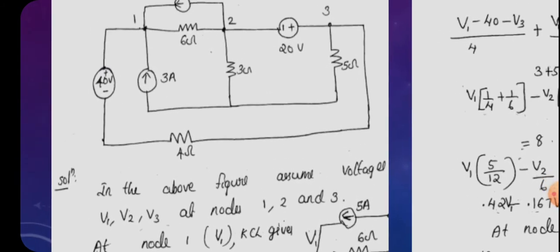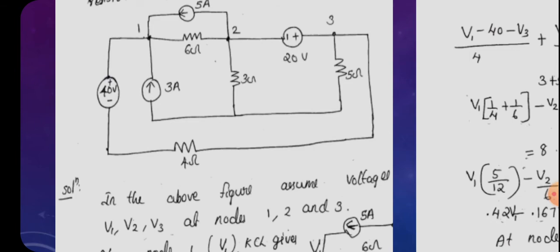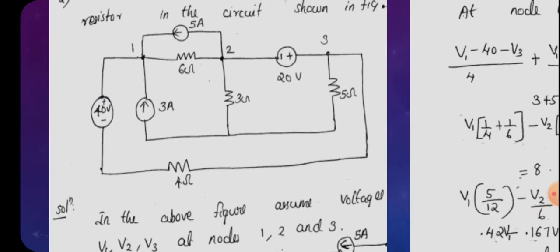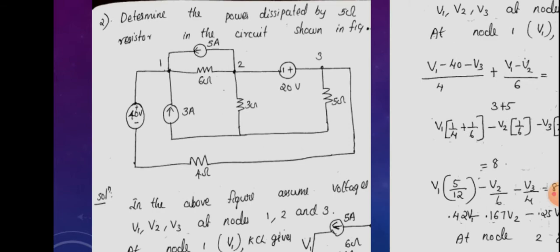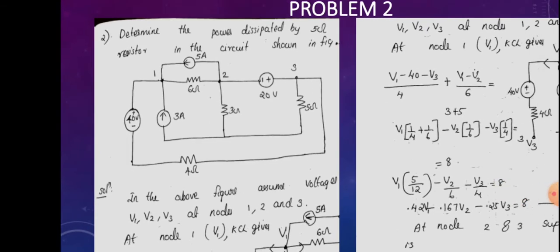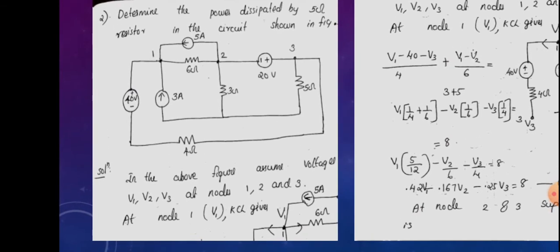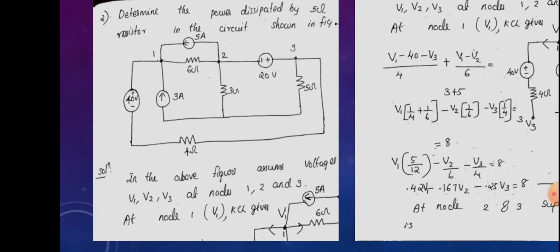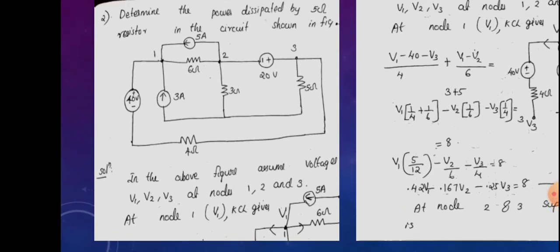First of all, how can we start doing this problem? Since the nodes are given, we can go for node analysis, and you know that between nodes 2 and 3 there is a voltage source. So if you go for plain node analysis, it will not be very simple, so we have to do supernode analysis. Okay, so first of all we can apply node analysis for the first node,